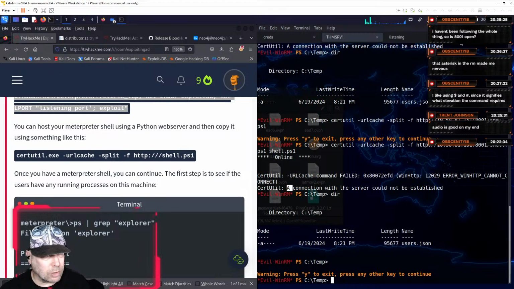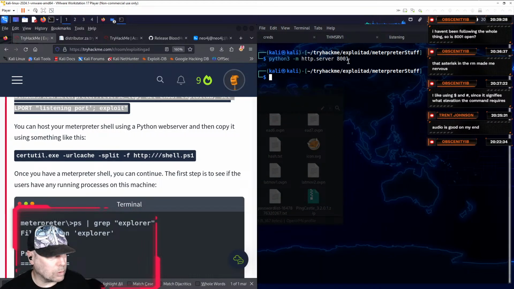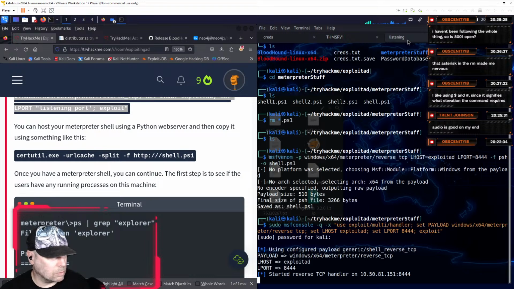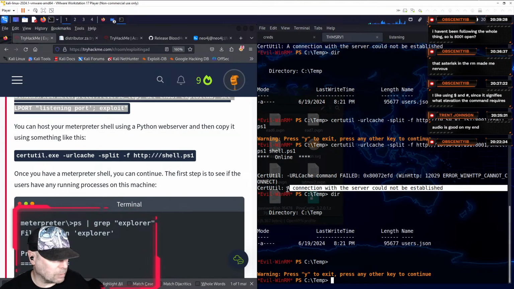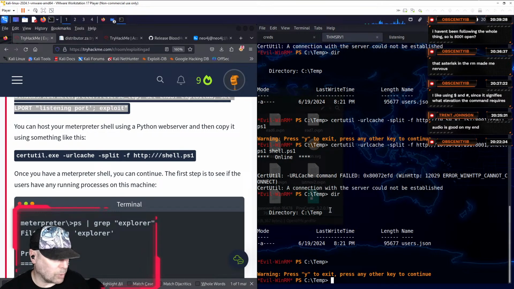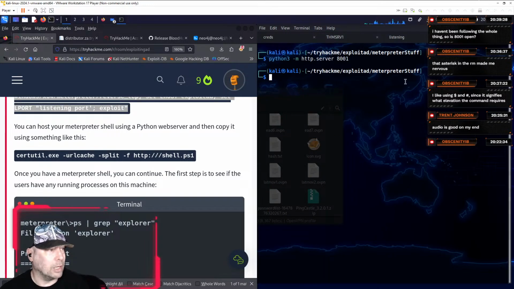Yeah, we started an HTTP server from the same folder that the script is in. So it should be open. But yeah, I was rereading this. I always forget whether I'm coming or going. I thought it was telling me that there's some problem with my connection to THM server 1, but of course it's complaining about the HTTP server.